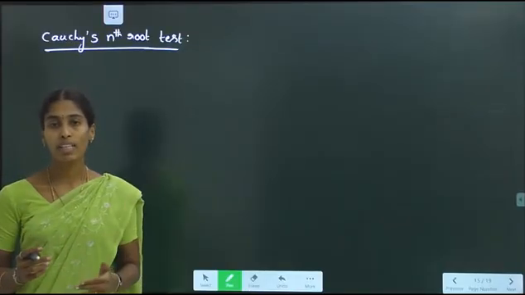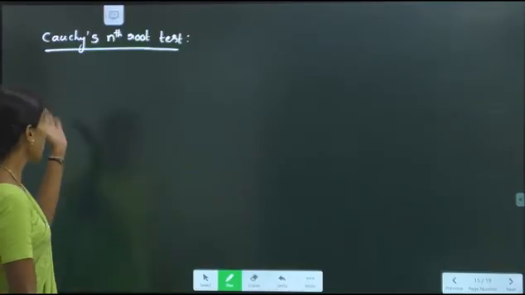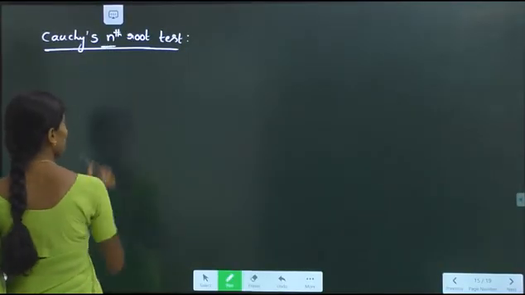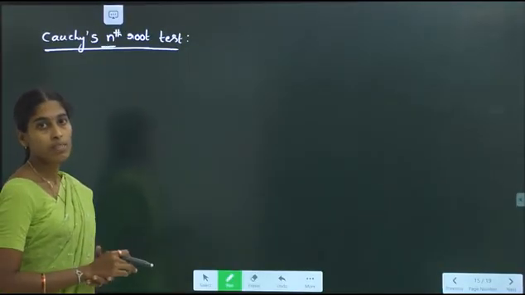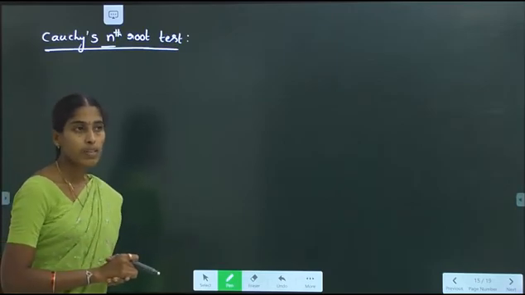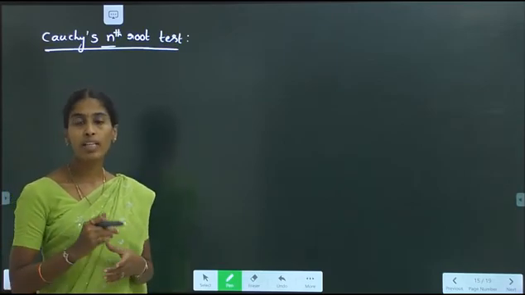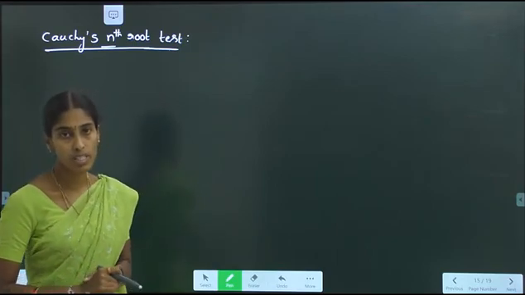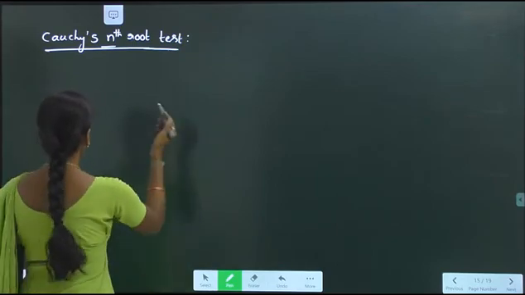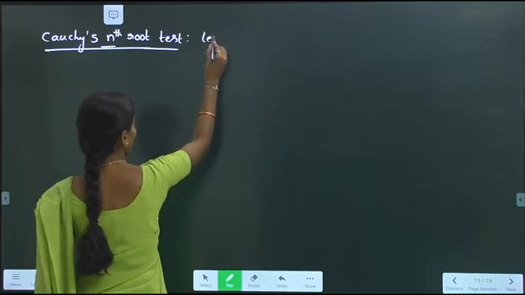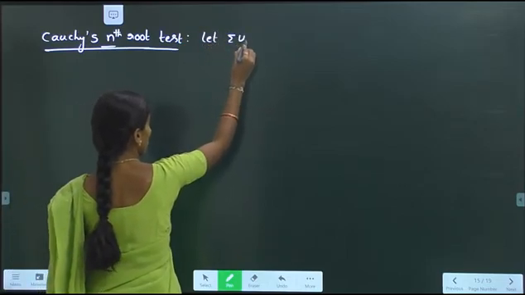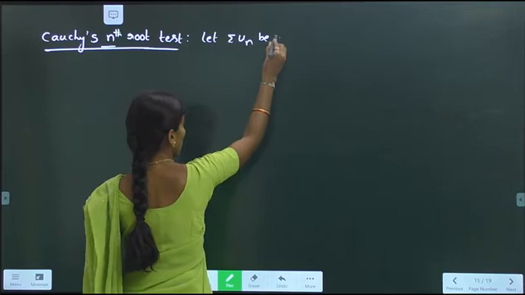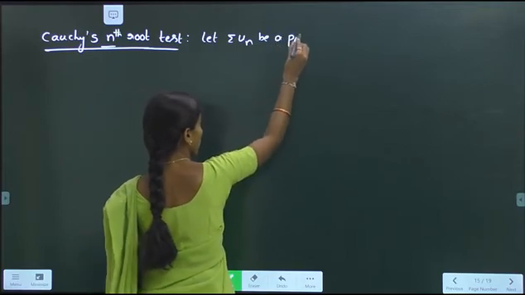Now in this class I am going to explain the next concept, which is Cauchy's nth root test. The name itself gives that, nth root test. That means if the given series un consists of nth power of itself as a whole, then only we can use this Cauchy's nth root test. The rule is, let sigma un be a positive series